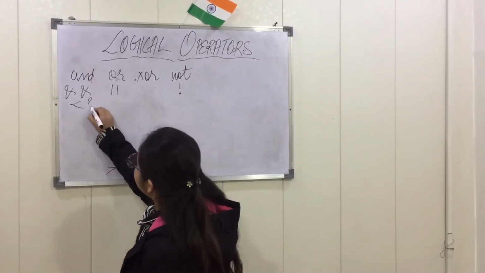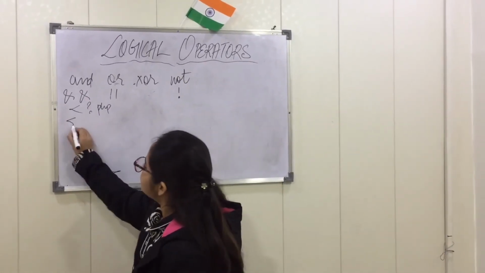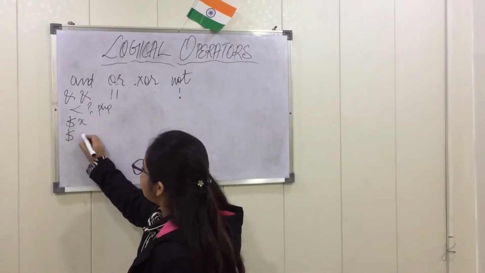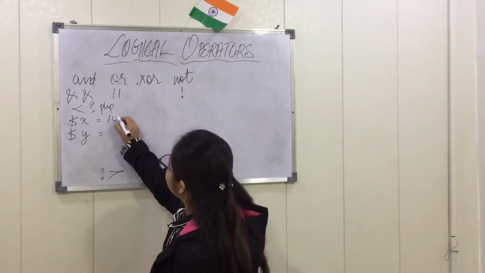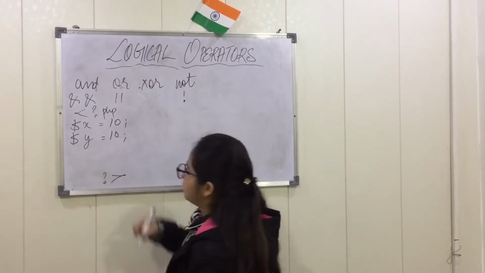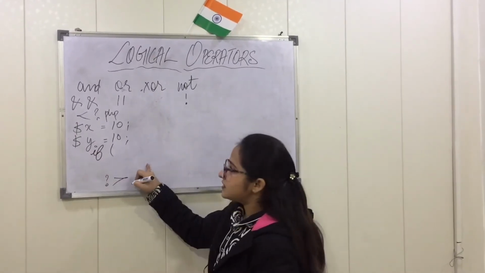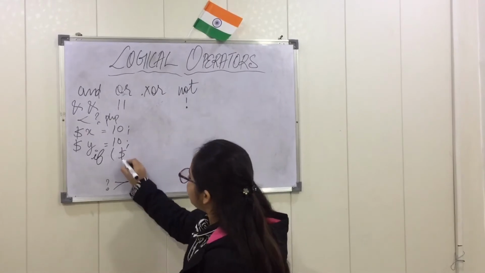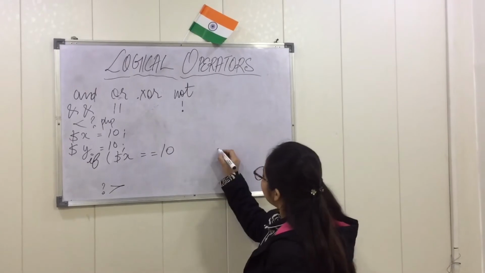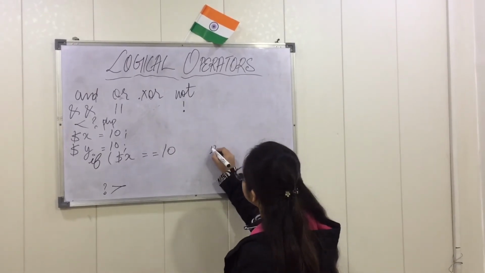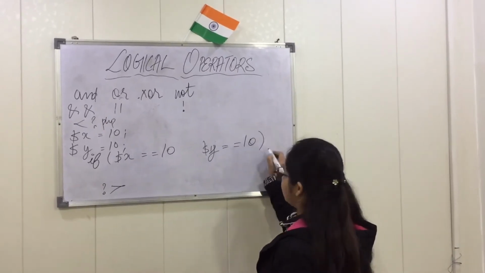Suppose we have the PHP tag start and PHP tag close. In between, I have taken two variables, suppose X and Y. Now I will give the values of both variables. Suppose I am giving 10 here and here also 10. After that I am writing an if statement, in which I am specifying that if my $x is equal to 10 and my variable y is equal to 10.